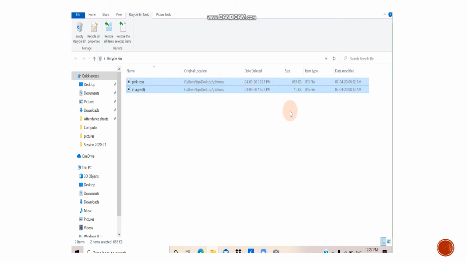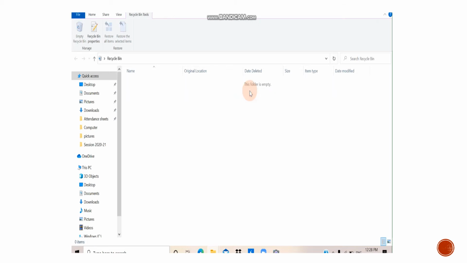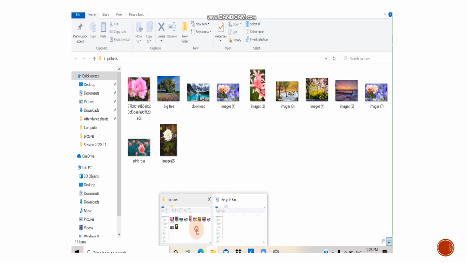Okay, and suppose you want to restore it. What do you have to do? You have to right click on it. After selecting it, you have to right click and press restore. What will happen? It has gone to its original location.